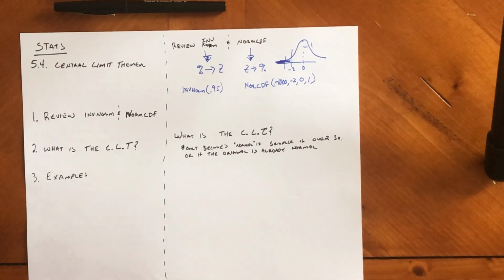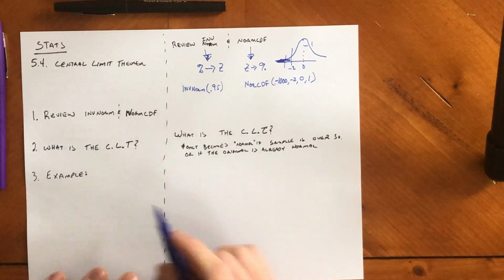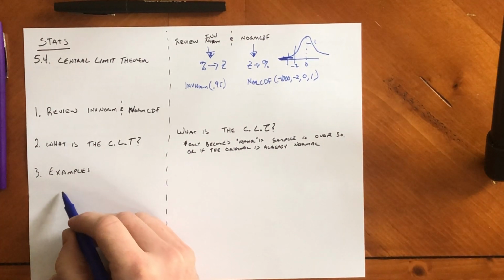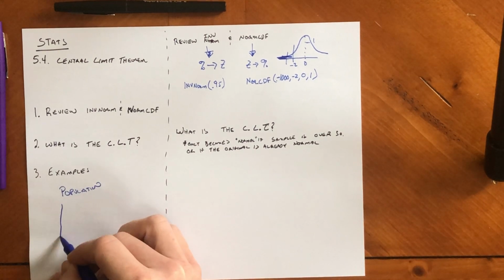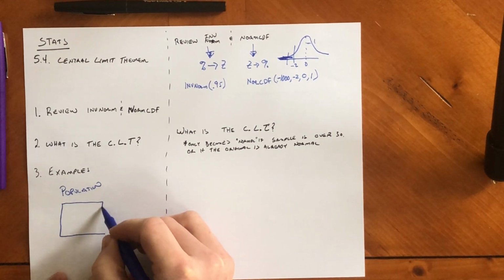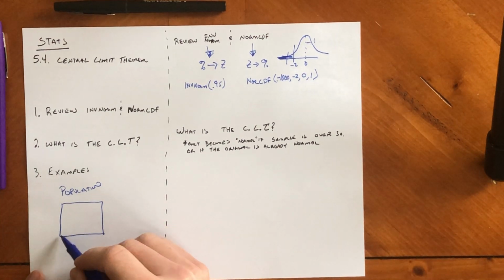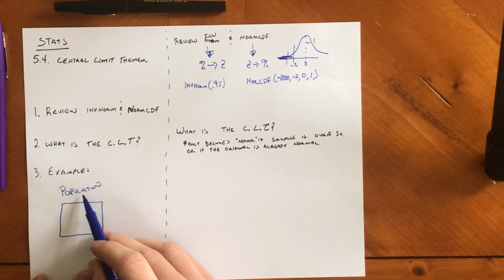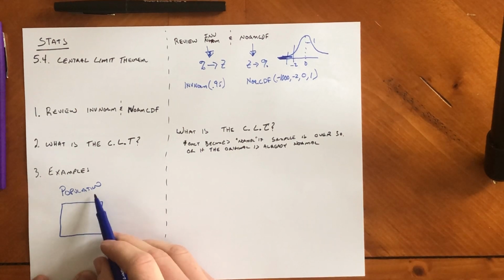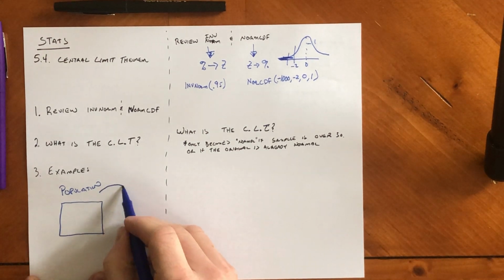So here's what is going on with the central limit theorem. Let's say, I'll do my work over here. Let's say you have a population, right? And it can be whatever you want it to be. So let's say I have a population of just people. Let's say I'm looking at heights. So this can be whatever shape it needs to be. So the population can be skewed right, it can be skewed left, or it can be relatively normal. It doesn't really matter. What the central limit theorem says is when you take out a sample and you find its mean,